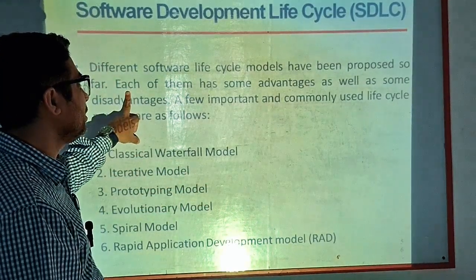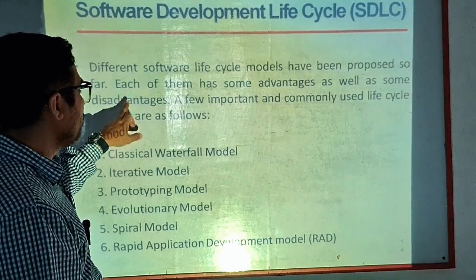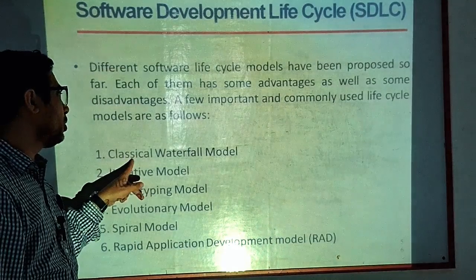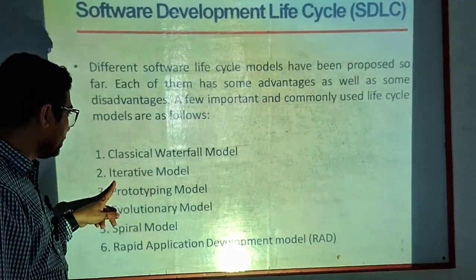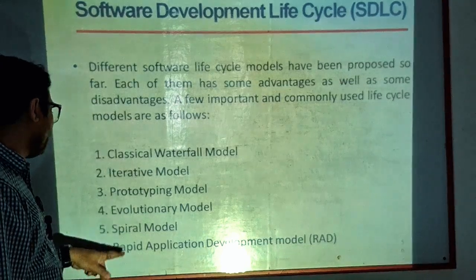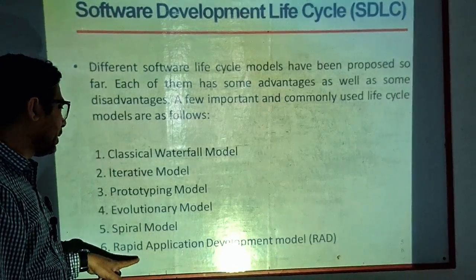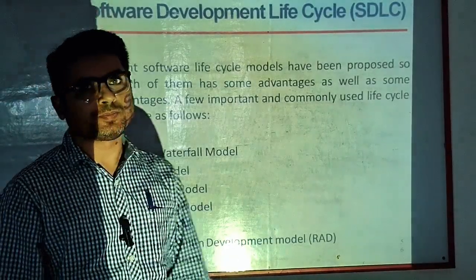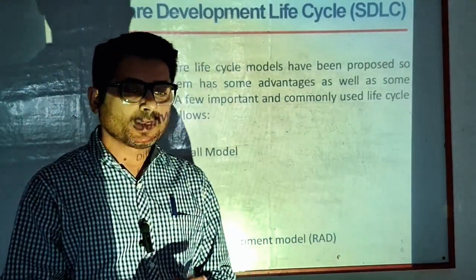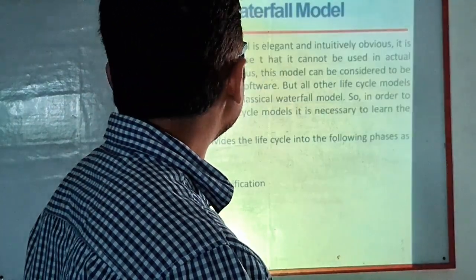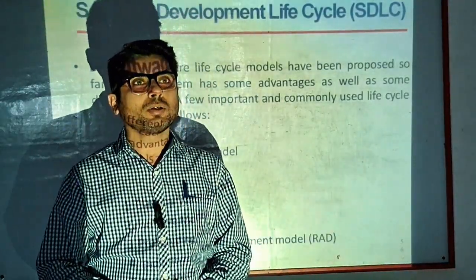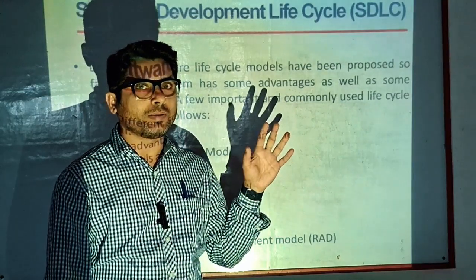Each of them has some advantages and some disadvantages. A few important commonly used lifecycle models are: number one is classical waterfall model, second is iterative model, prototyping model, evolutionary model, spiral model, and rapid application development or RAD model. So these are some of the software development lifecycle models that we will learn in detail in the coming videos. So this was the very big beginning or the